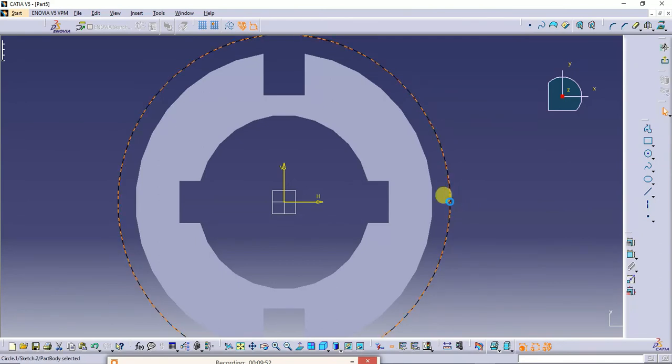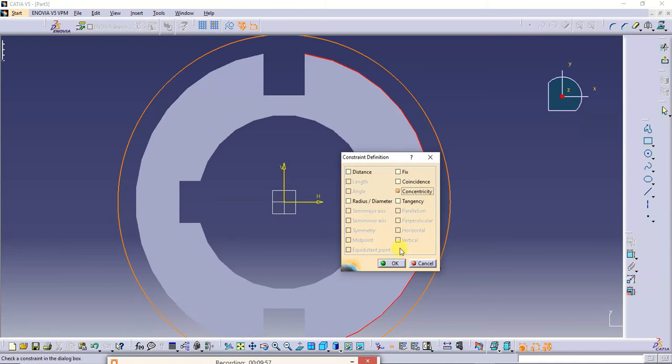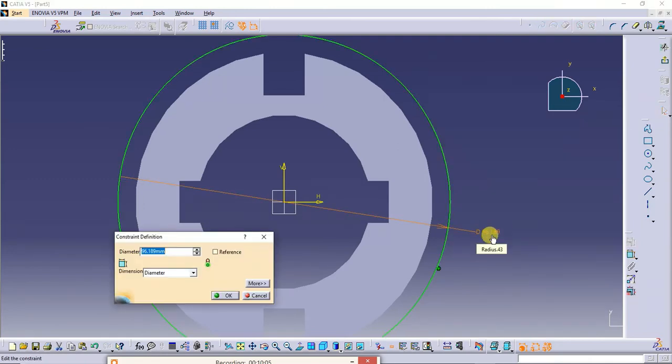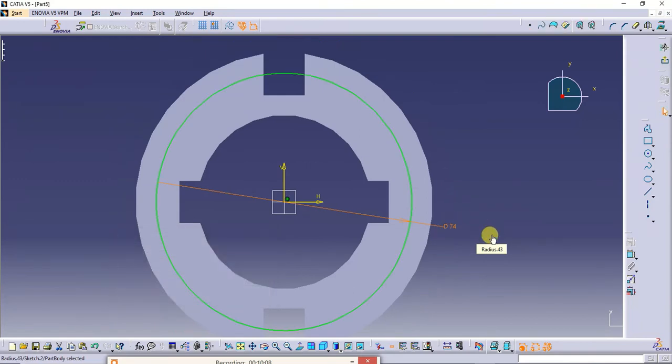And this circle should be concentric. Next, give the dimension as 74 mm diameter.